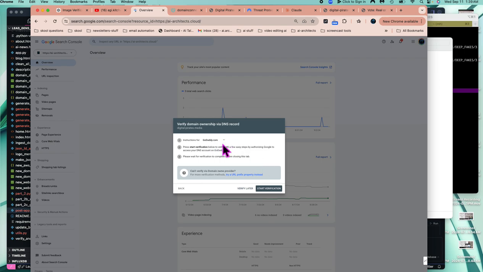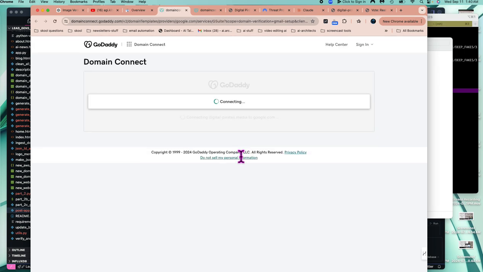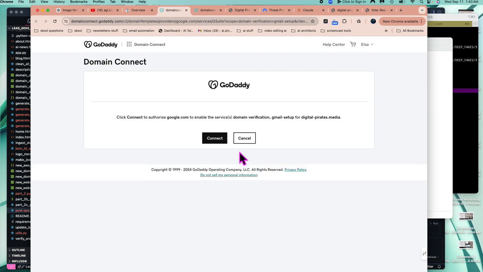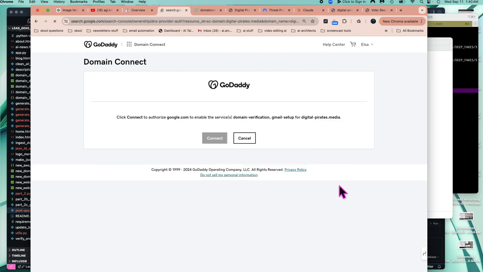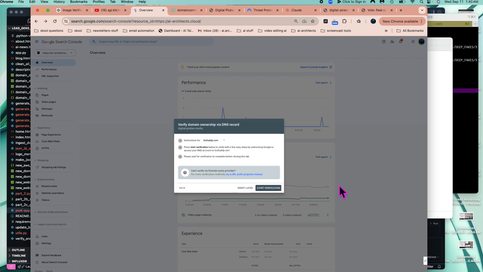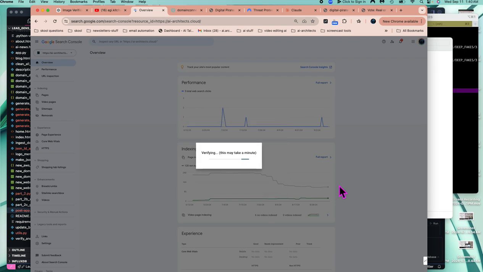Then we're going to select instructions for GoDaddy, because it's just faster, if you're logged into your GoDaddy account. So we're just going to connect here, and then it's going to let me very quickly authorize this. Now it's added to Google Search Console. So now we can start to see how our social media clicks line up with